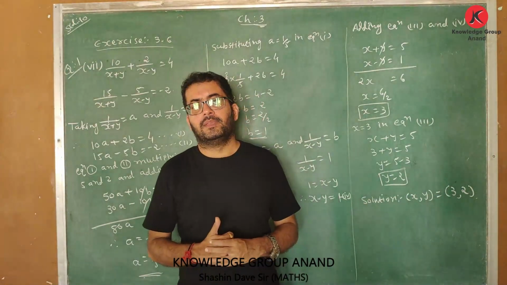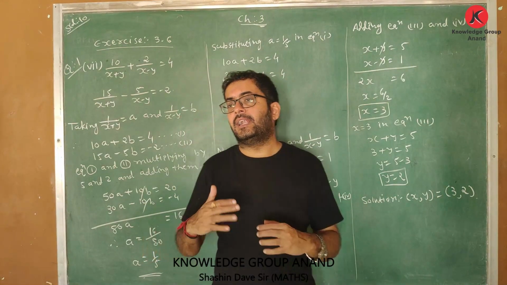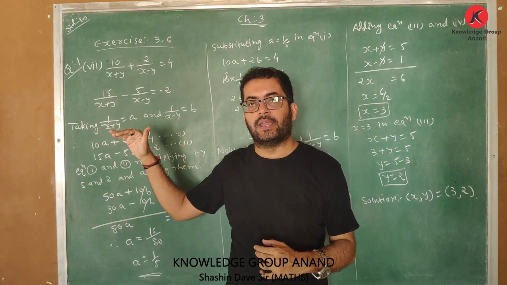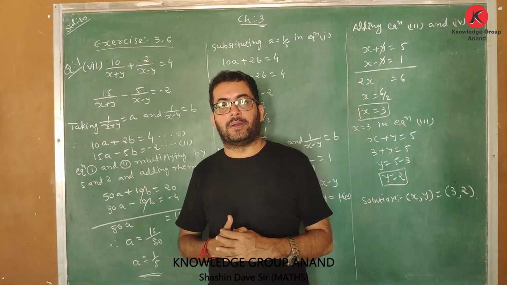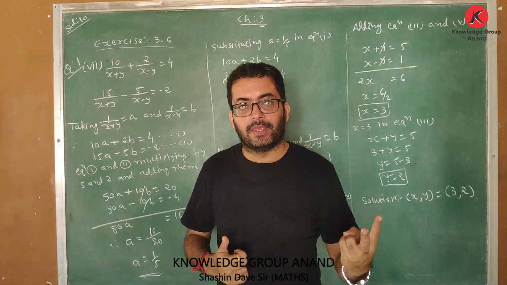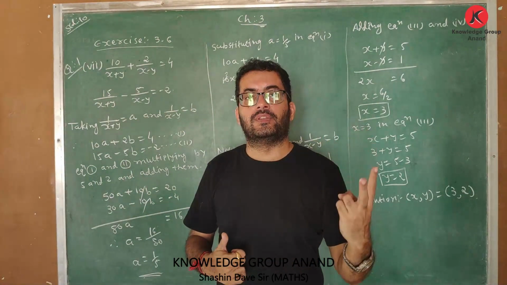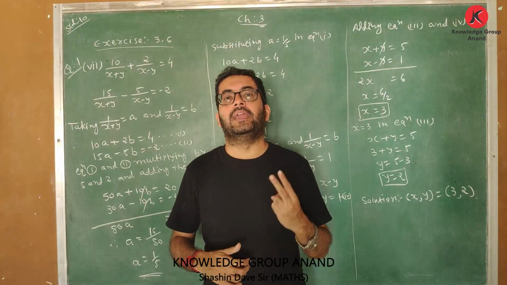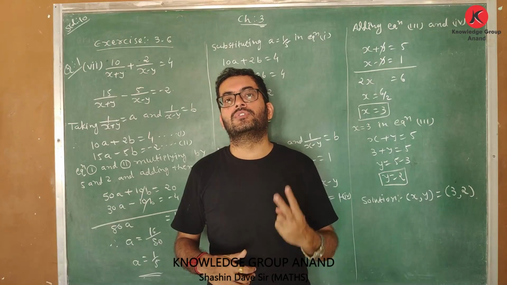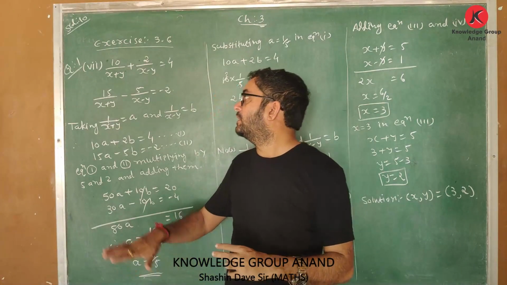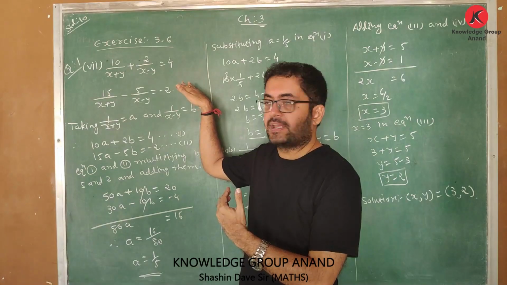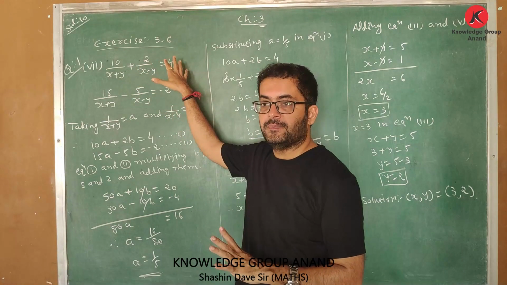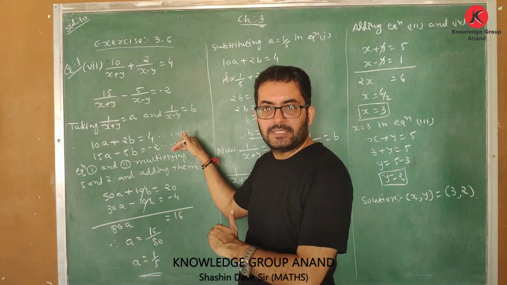Now once again, in this sum, directly by taking the assumption part, you won't get the values of x and y. Using that assumption part, you will get two more equations. And then using those two equations, by solving them by the elimination method, you will be able to get the values of x and y. So again, when you are getting a sum of this type, I have taken here 1 upon x plus y as a, 1 upon x minus y as b. So our equation will become simpler in form.